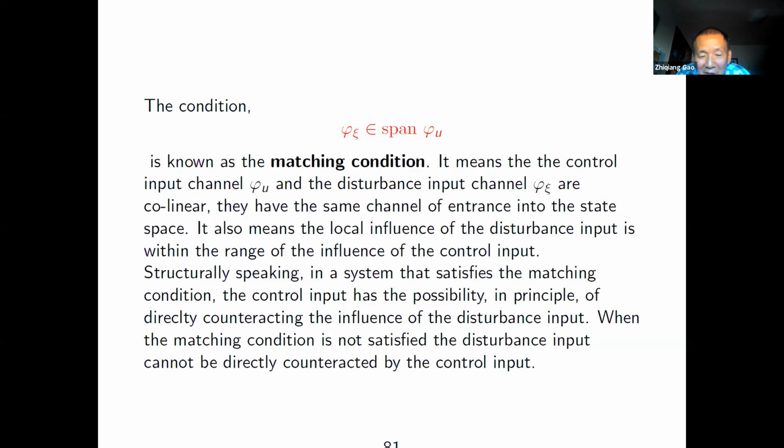I'm sorry, I have to inject something else here. The meaning of disturbance decoupling goes back a long time. You go back to the 1930s in the Soviet Union, they came up with the concept of invariance. That's what they mean: how do we keep the output invariant when you have all kinds of disturbances? What we are talking about in disturbance decoupling is the same thing: you have a disturbance, and this disturbance is decoupled not from the state, but from the output.